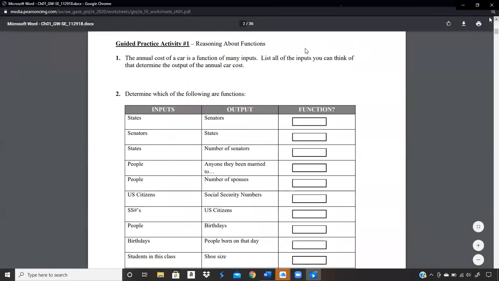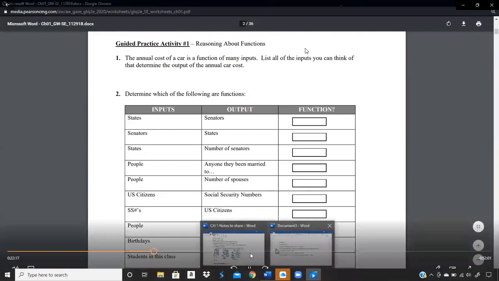The annual cost of a car is a function of many inputs. List all of the inputs you can think of that determine the output of the annual car cost. Now, man oh man, are there a lot of inputs that could be here. So this is going to be one of your first questions for your discussion board. And you're going to see me say, I don't have